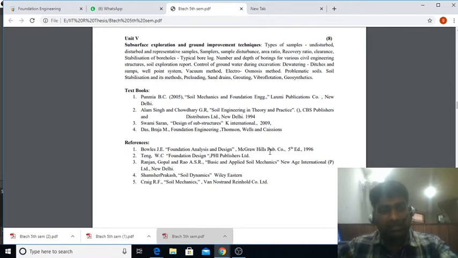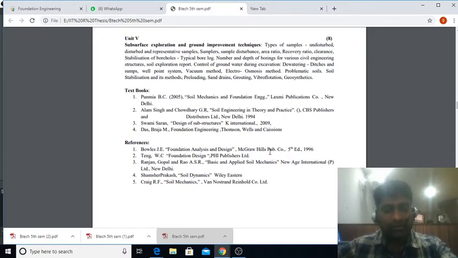So these are the certain textbooks which are recommended for Geotechnical Engineering 2. Number 1, B.C. Punmia, Soil Mechanics and Foundation Engineering by Laxmi Publications. Alam Singh and G.R. Chaudhary, their book titled Soil Engineering in Theory and Practice by CBS Publishers. Design of Substructure by Swami Saran, published by K International. Braja Das, Foundation Engineering,